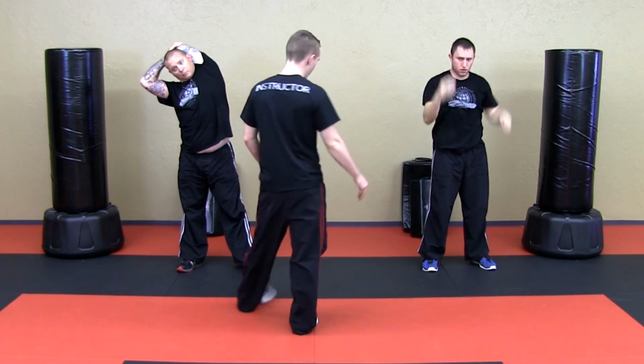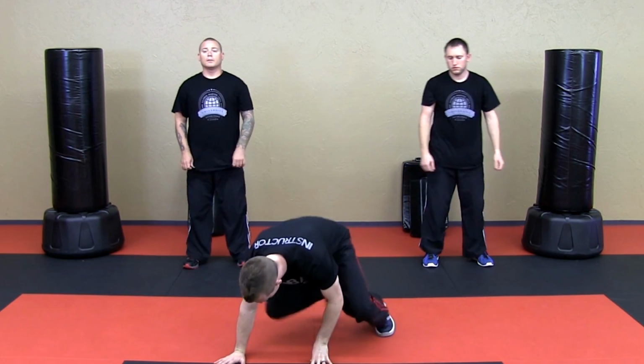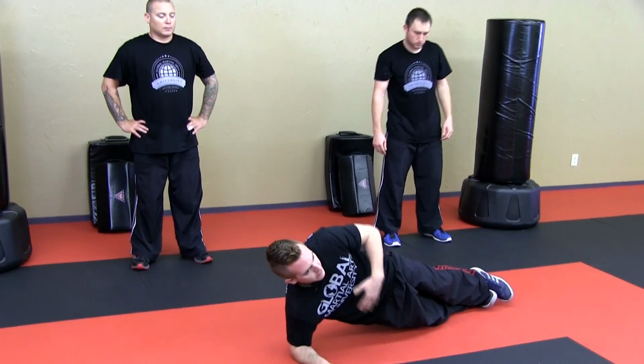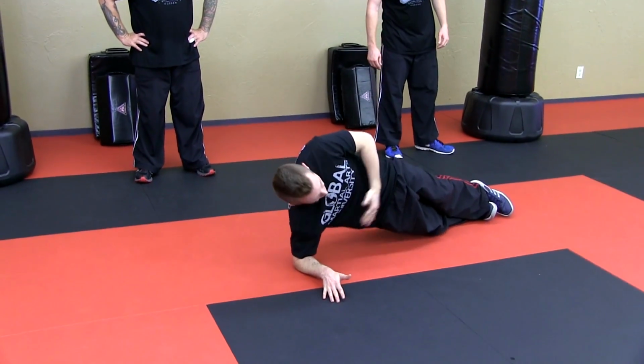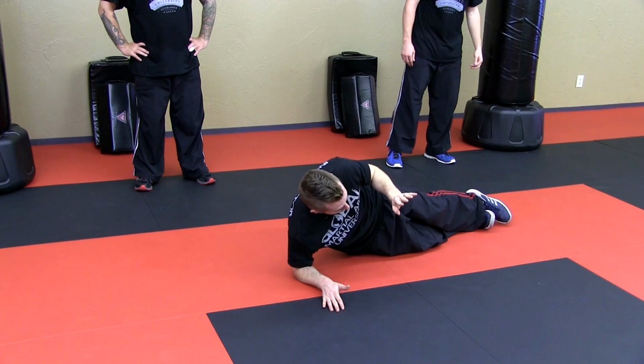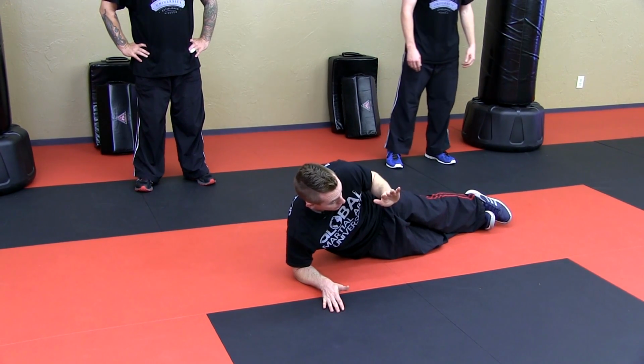Okay guys, relax for me please. The next exercise we're going to be doing for an entire minute, it's kind of like I'm doing a plank with one arm, and then I'm going to be out sideways. So I should have all of my abdominal muscles tight right now as to keep my body at this diagonal angle. Now I'm just going to simply relax a little bit to allow my waistline to draw towards the floor,